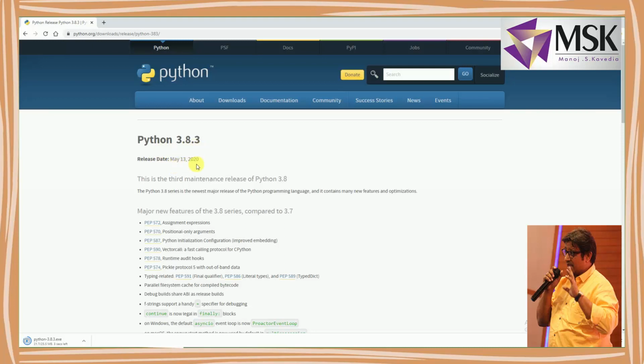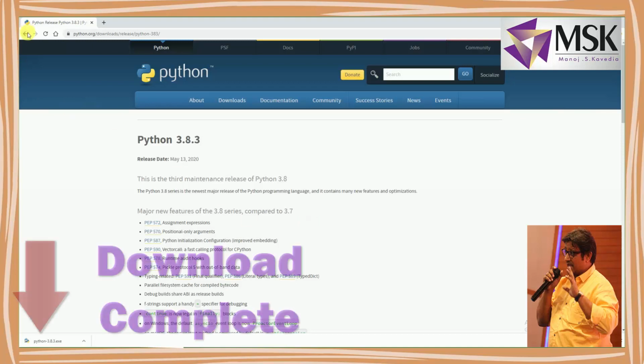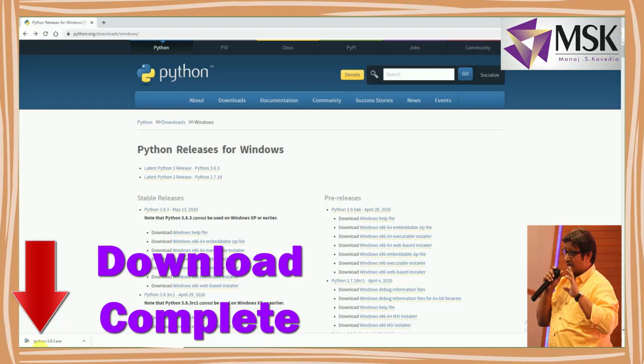This is the third maintenance release of Python 3.8. It shows the major new features of Python 3.8 as compared to Python 3.7. So it shows the new features available in the latest stable version of Python. My installer file is being downloaded.